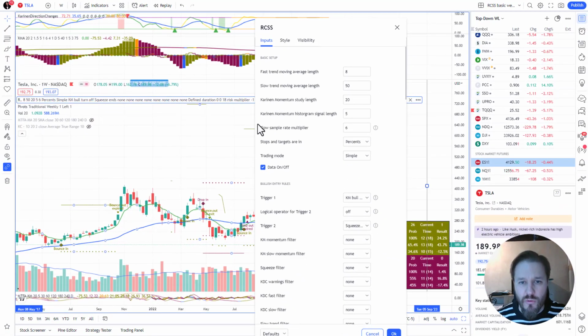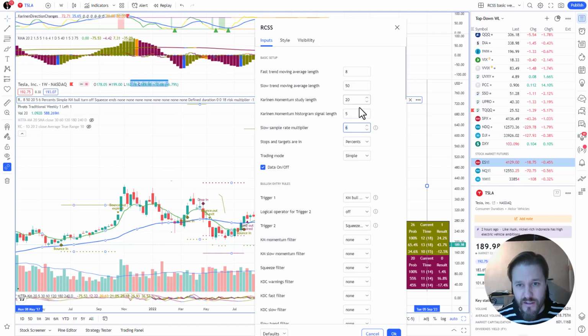So the next three ones are for Karinen Momentum study that you see here. The study length is 20, same as here. Momentum histogram signal is 5, that one there, and slow sample rate multiplier is at 6, which is here. So what this means is that